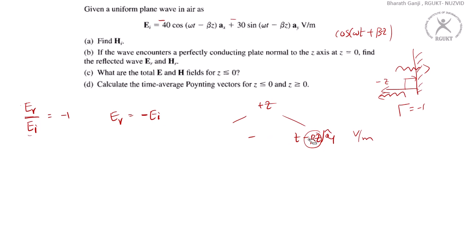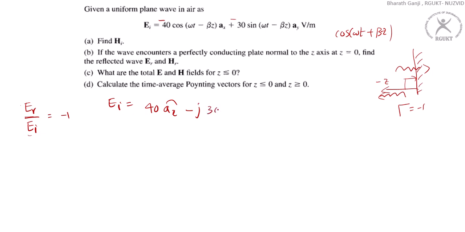So first of all, you have to write your electric fields in phasor format. That is important. In fact we have written our electric fields in phasor format. Your incident electric field is given like this: 40 ax cap minus j times 30 ay cap, into e power minus j beta z. So this is what we have for an incident electric field. I know the reflected electric field is simply with a minus sign, so the reflected electric field is the negative of this factor, which is minus 40 times ax cap plus j times 30 ay cap,